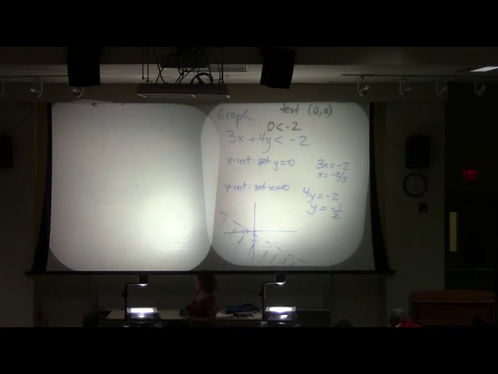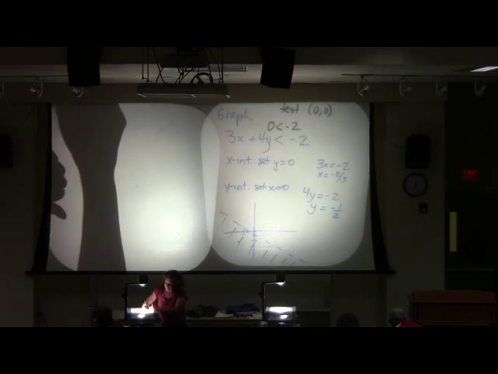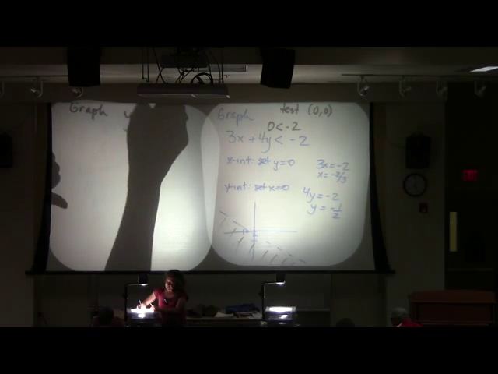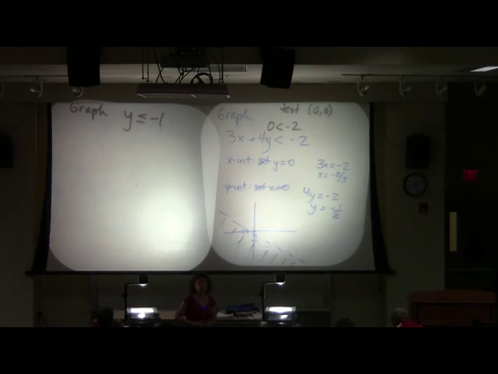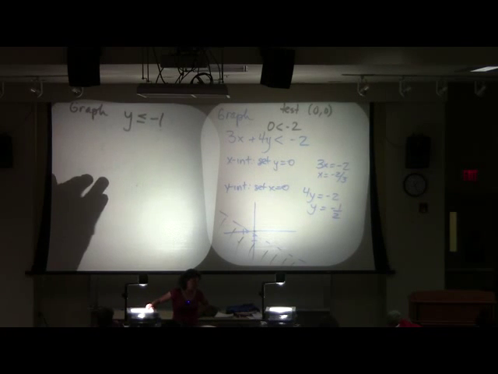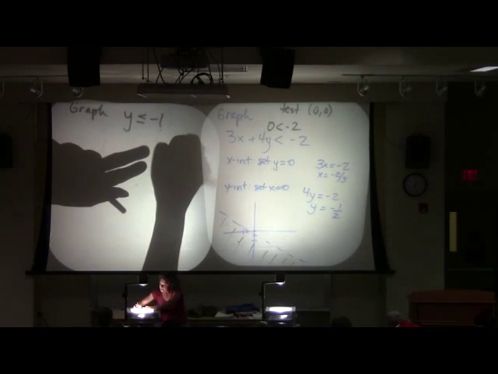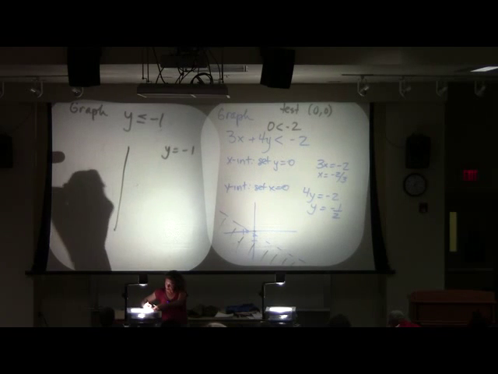All right. What if I want you to graph y is less than or equal to negative 1? He's a special case. Now, we're not going to be doing this one, finding x and y intercepts, are we? There is no x in this equation. So remember, your first step is always to graph it as though you have equality. So let's graph y equals negative 1.